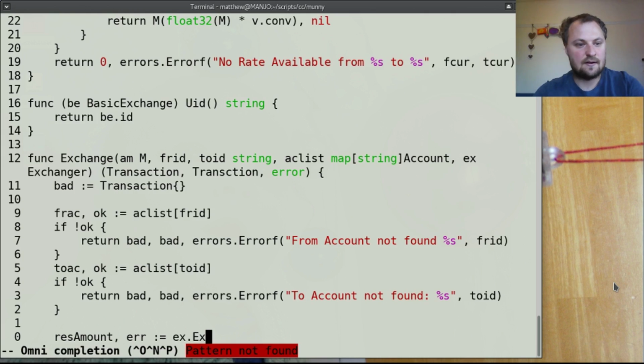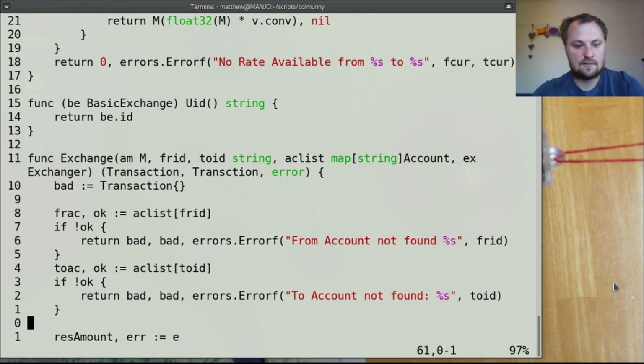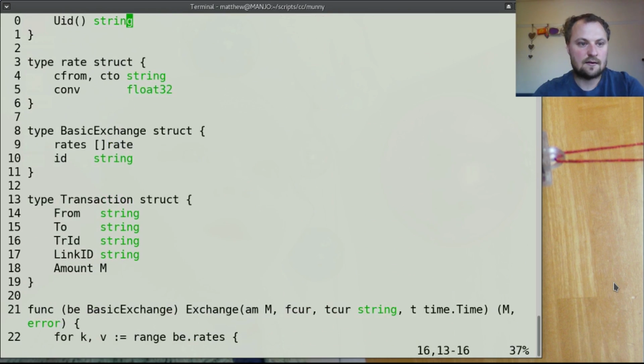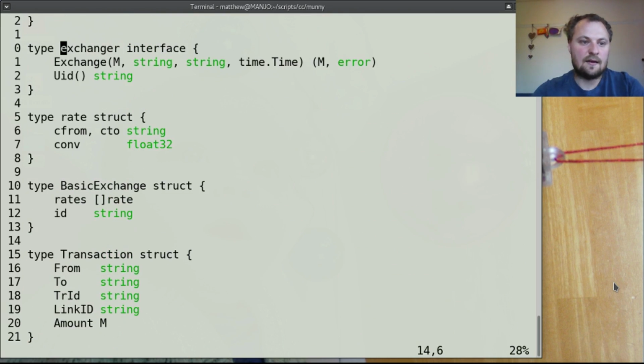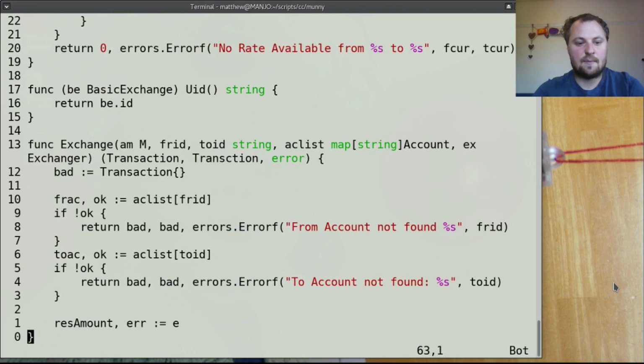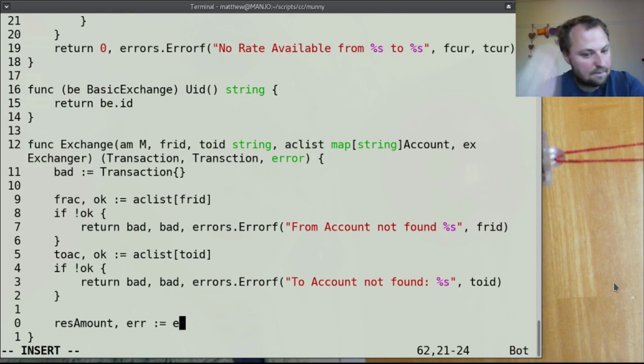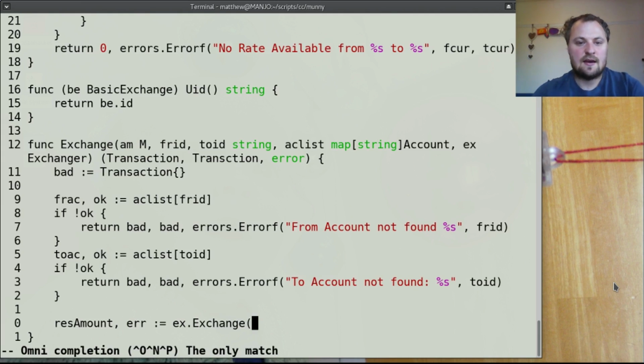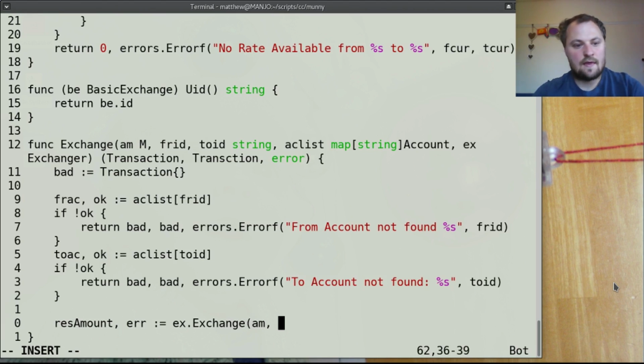Why is that not found? I had that problem last time, but did I call it a lowercase exchanger? Silly me. I think this is probably a core part of the API, is letting people copy the interface. I realize it can be lowercase, but I'll leave it public for now. Exchanger, ex dot exchange, and again it's amount, and then it's from account dot currency